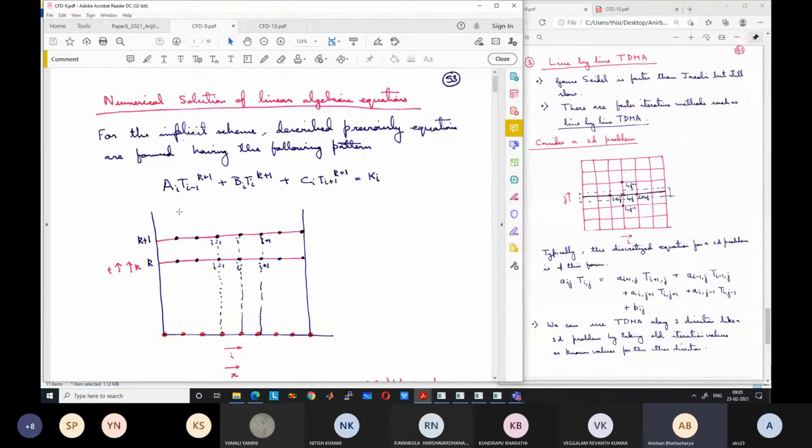For any type of method like finite difference method or finite volume method (finite volume we have not yet studied obviously, but we are going to study later on), whatever the type of method, ultimately the equations form in this pattern, where the equation for a grid point has its neighboring grid point values also as part of the equation. So for n number of grid points, we have n equations and n unknowns.